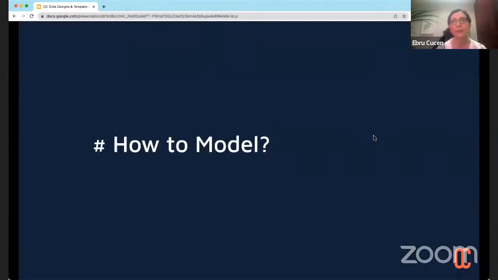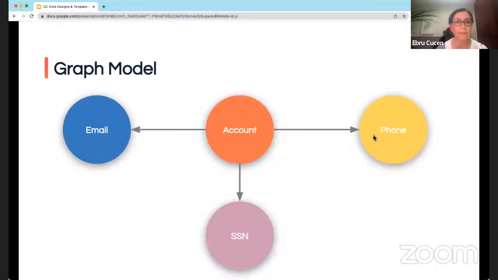So how do we model the database? We said we are going to use the fraud detection algorithm. So this is a basic example of an account node. An account may have a phone, a social security number, and an email address. These are usually stored in a relational database as one table with properties. By extracting this information so the phone has its own node, we can find out other relationships with this